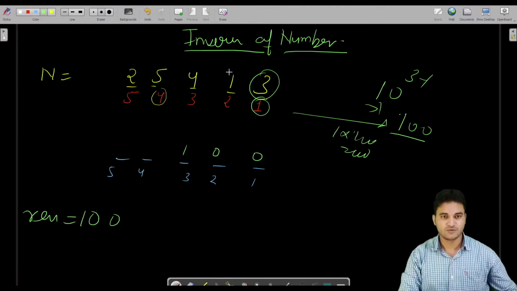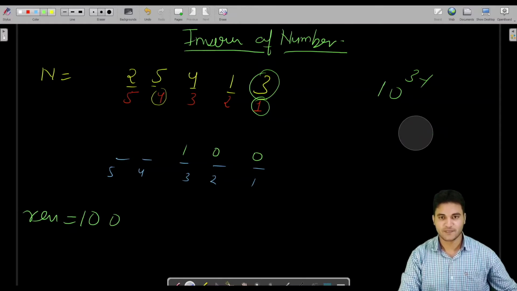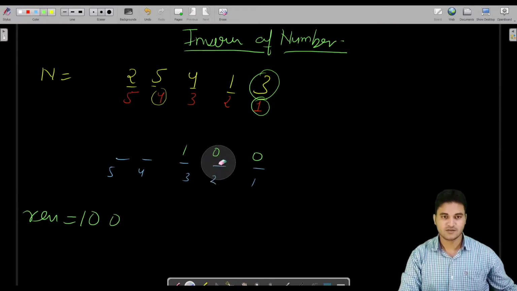Now we came on to this. Now we have 1. If we have 1 on the second index, then we have to put 2 on the first index. Look very carefully at what I am going to write. 1 is at the second index, so I have to put 2 on the first index. Yes, I have to put 2 here.